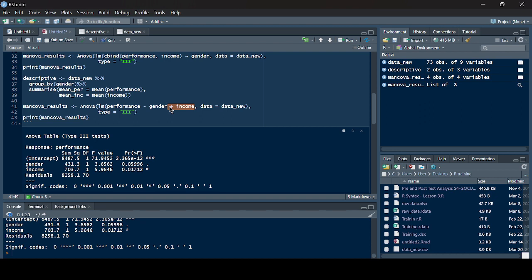You control it, but you consider it. You control it to not mix with the other dependent variable, but you consider its effect on both dependent and independent variables. So that's why MANCOVA provides reliable